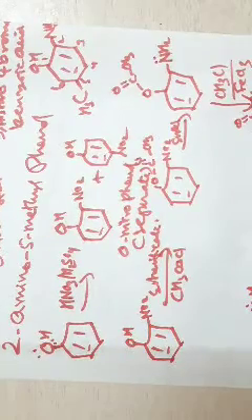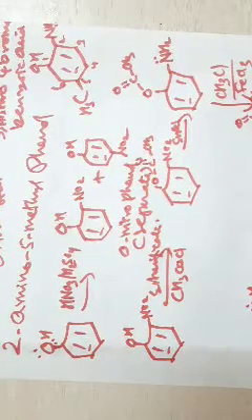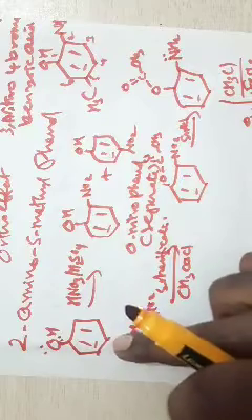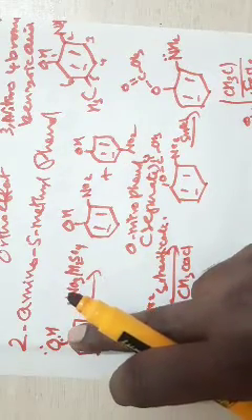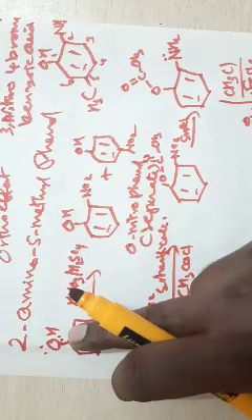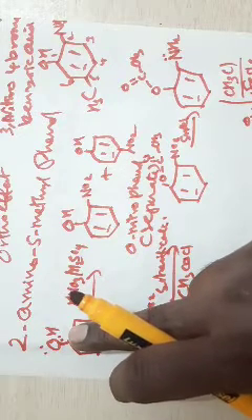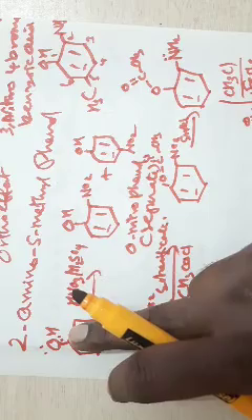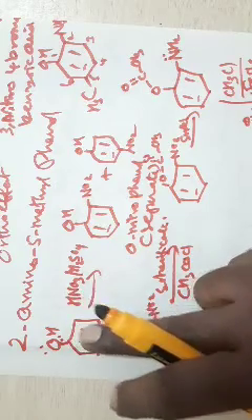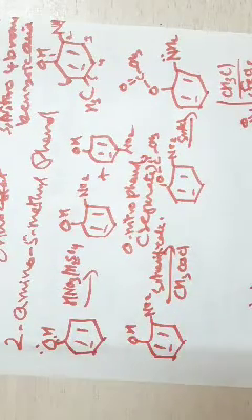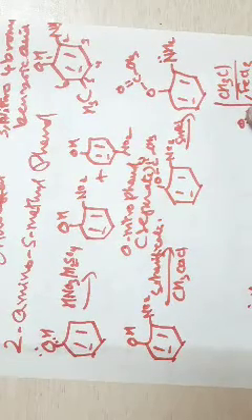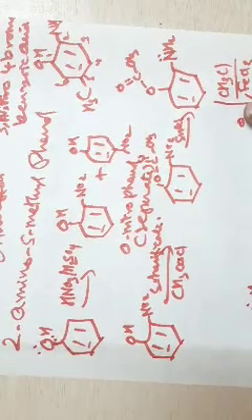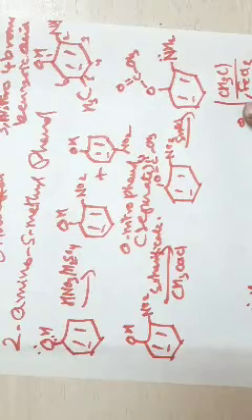So how can we synthesize 2-amino-5-methylphenol? We start with phenol. Phenol is an activated aromatic compound having the OH group. The OH group is highly activating. If it is nitrated with concentrated nitric acid and sulfuric acid, then all the ortho and para positions are substituted. You will get trinitrophenol, that is your picric acid.